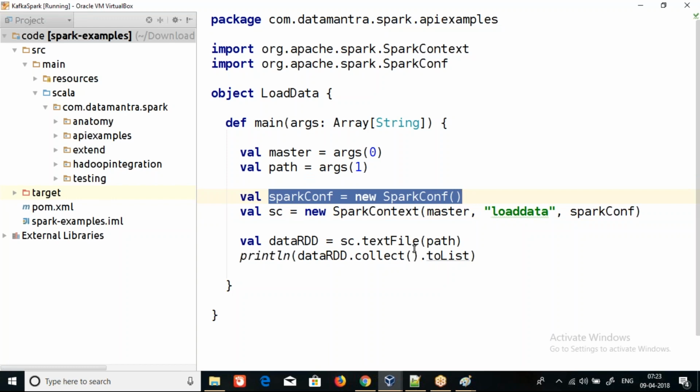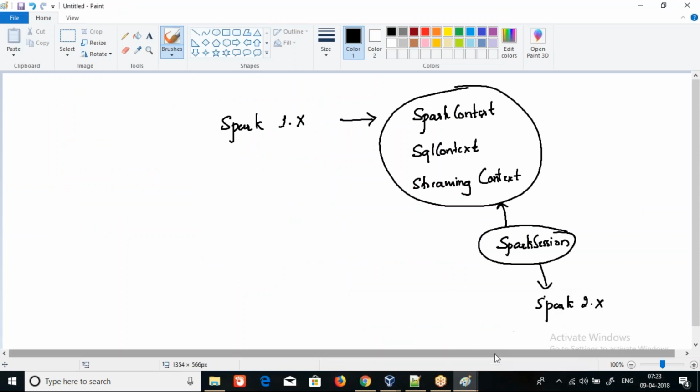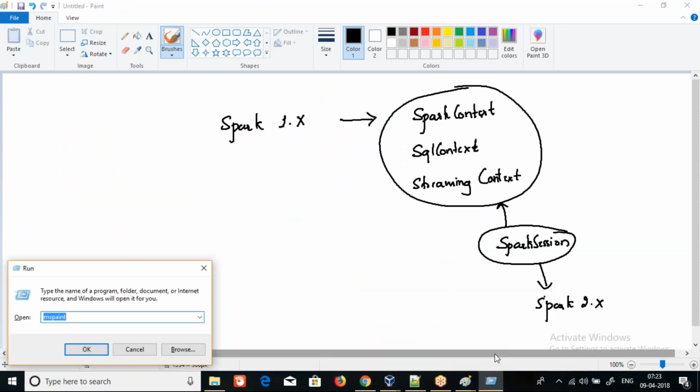Now the very first thing we are doing is reading our data. This is how we read the data from the file system. The textFile API is the API that we use to read the data from the file system. You need to specify the path of the file, and it will return an RDD, which is nothing but a collection. It will return an RDD of string. So what the textFile API does, just to give an understanding,